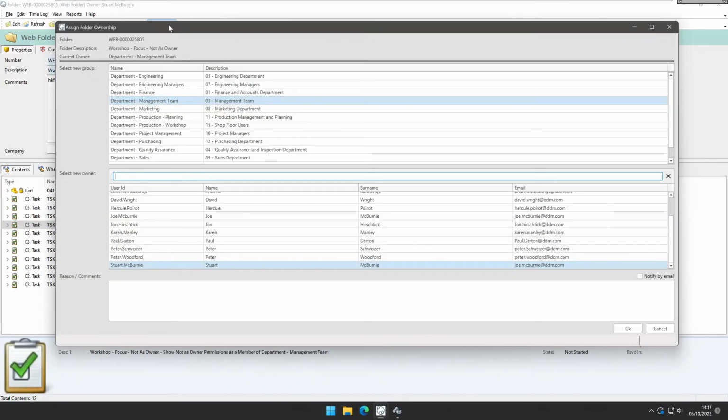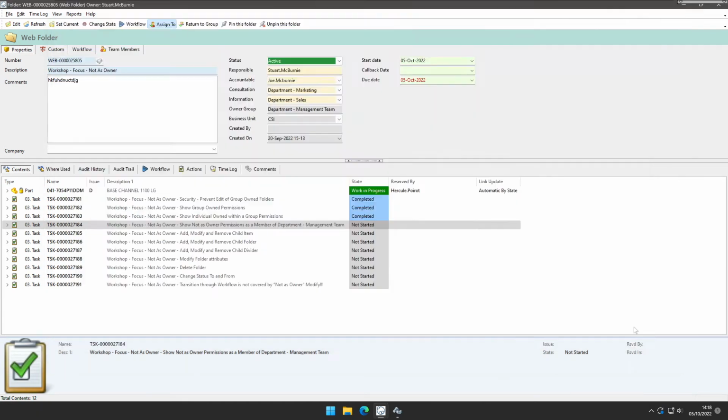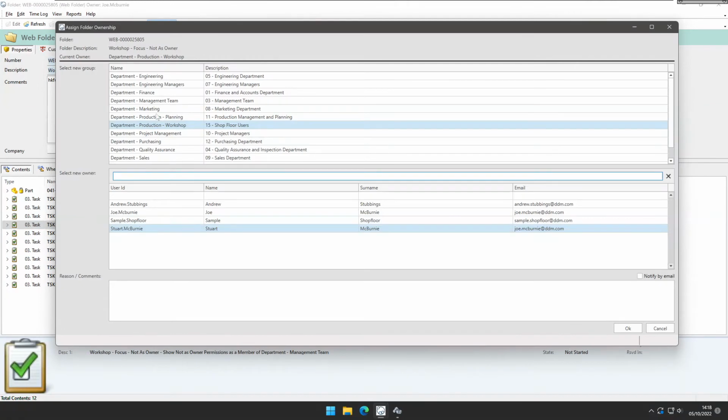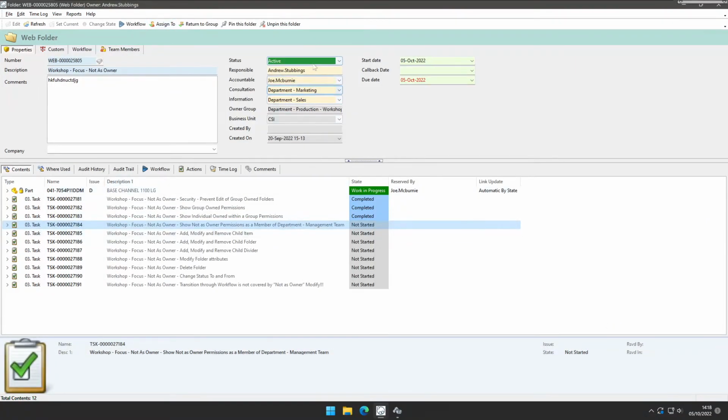What I'm going to do to demonstrate this is assign this to Production Workshop, assign it to Joe, and say OK. So it's now owned by a different group, and I'm not the owner. That's mine, I'm going to confuse you. Let me just set a different user. So let's say Andy Stubbins. Okay, so this is owned by somebody else as a member of a different group, and therefore I've got no